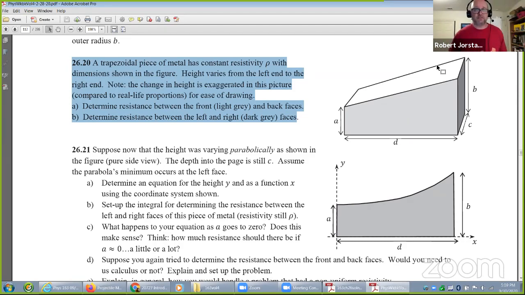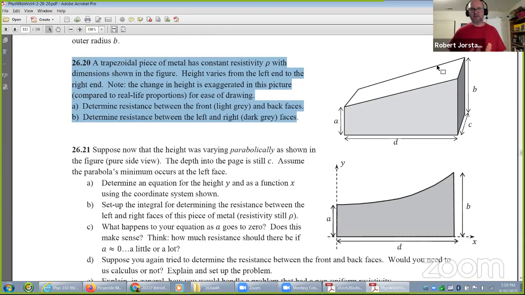Okay, so a trapezoidal piece of metal, constant resistivity, so we don't have to worry about that. Height changes from the left to the right. The height change is exaggerated. Got it. So A and B are approximately equal, but B is a little bigger. Determine resistance between the front and back face, and then determine resistance between left and right. What do you think? Left and right need calculus. Yeah, exactly. Going from front to back, we do not need